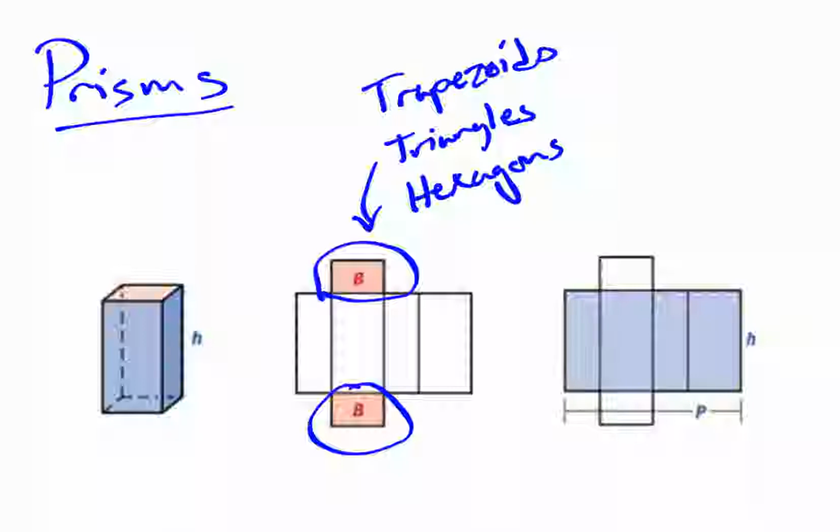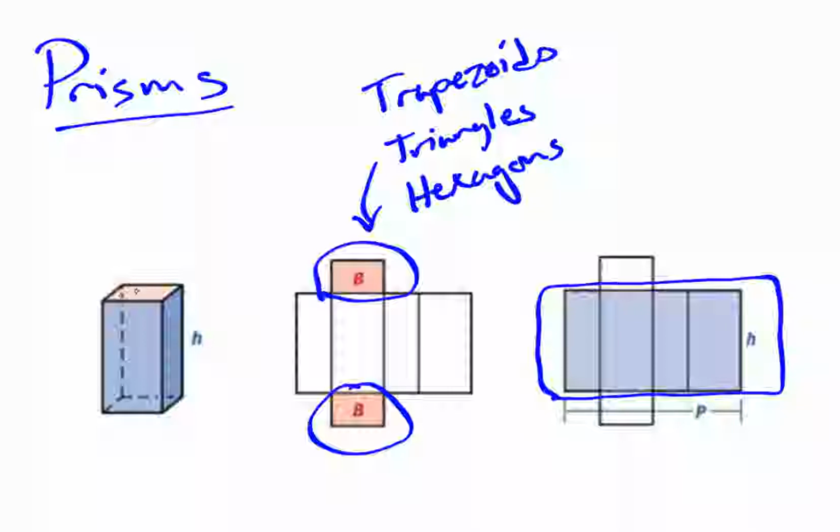Now, when we name these prisms, we might call it a hexagonal prism. That means the bases of that prism are hexagons, and the lateral sides, which is what we have over here in blue, are always going to be rectangular in shape. That's how you can tell the difference between the bases and the lateral sides, is that the bases are always